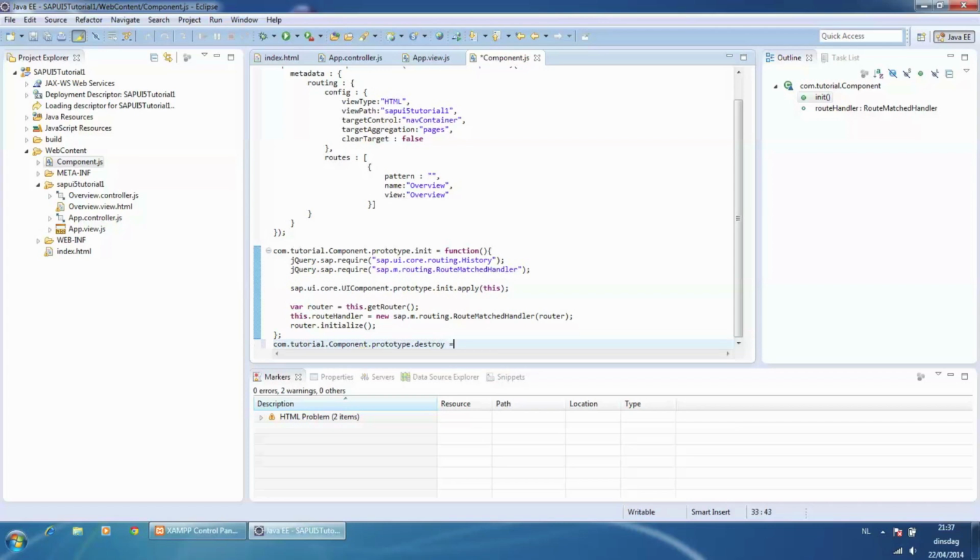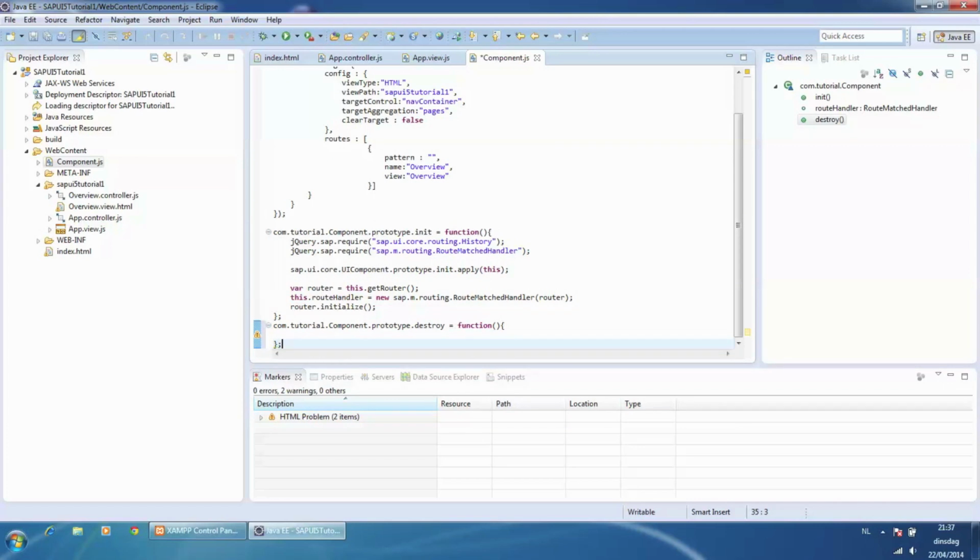We also program a destroy function where we will destroy the router handler.